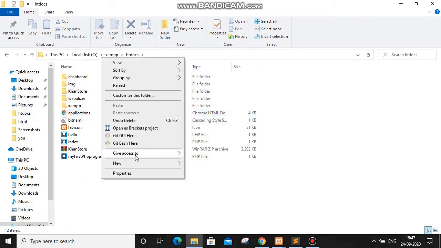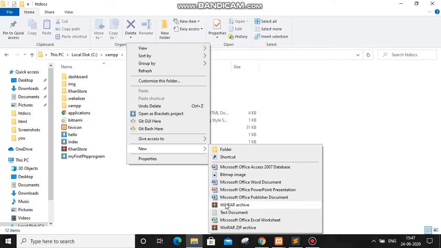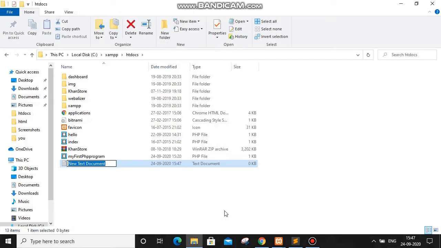So if you right click, there is new, and we will create one text document. Once we create the text document, we have to give any file name. I will give my first, it should be small, my first php 1 dot php. The file extension must be php, as we are running the php file, so we have to give the file extension as dot php. It is the extension so that our file will be executed by the Jamp server. Okay, so we will click here enter.